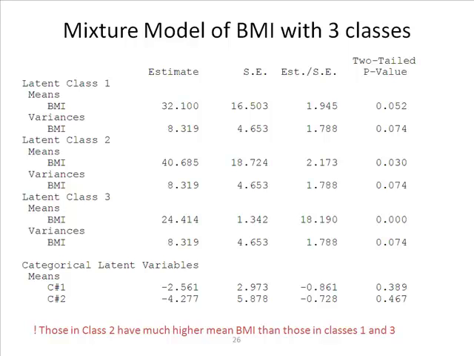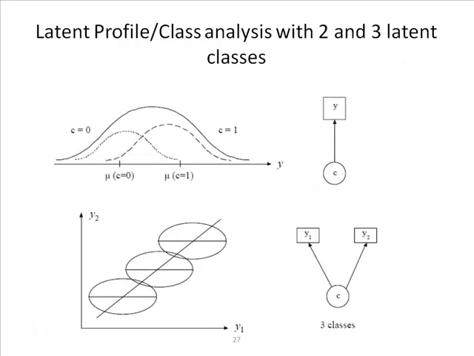It gives you the means and variance for each of the classes, as well as the prevalences, how many people it expects to be in each of these classes. That's what a latent class analysis, latent profile analysis, mixture modeling process, those are the typical outcomes that you will get from that. And I just wanted to graphically show you what the software is doing when it's trying to